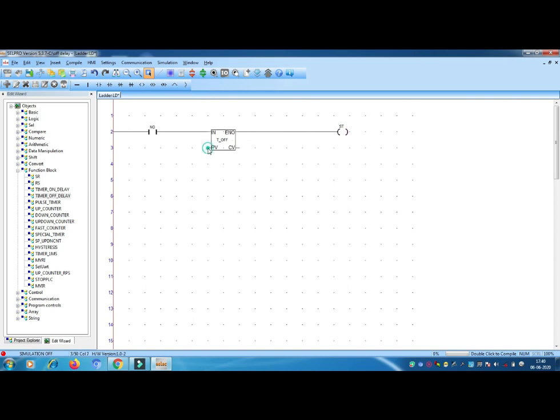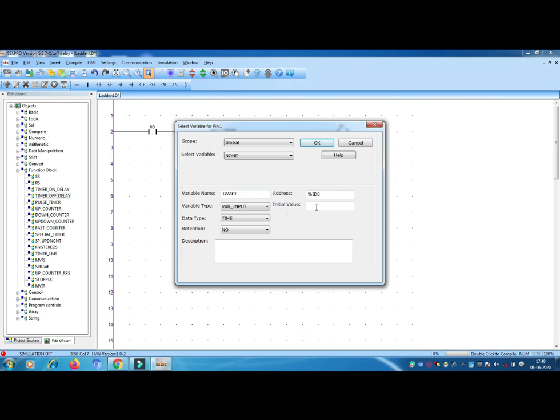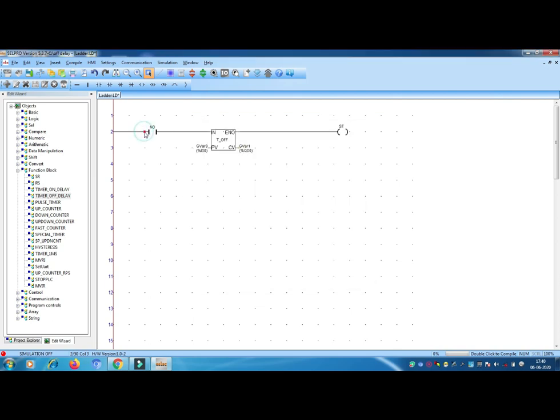Okay, you have to set one time. For the PV value you have to give one addressing, that is T hash some seconds. I will take 5 seconds, or 3 seconds, or 10 seconds also. So I will take 5 seconds. Okay, we have to take one address, that is DI0, DI1, whatever address you need, you can take it here. That is the output, your motor.